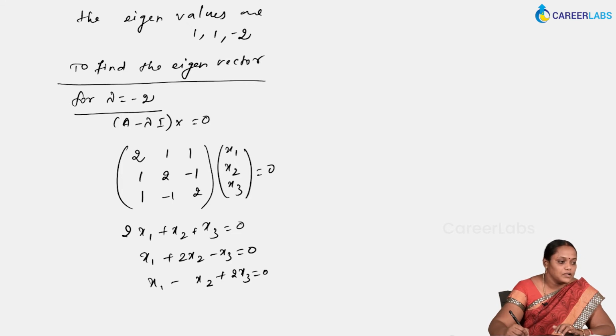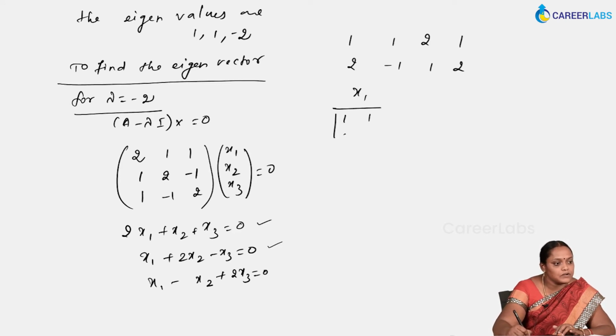Let us take any two equations. Let us start with these two. Start writing the coefficients starting from x2. So, it is 1, 1, 2 and 1. And from the second equation it is 2, minus 1, 1 and 2. Therefore, the value of x1 is x1 by the determinant of 1, 1, 2, minus 1, equivalent to